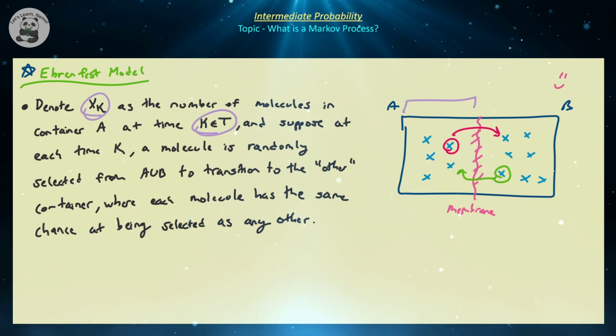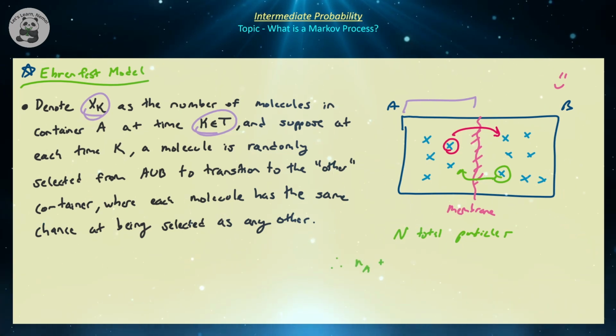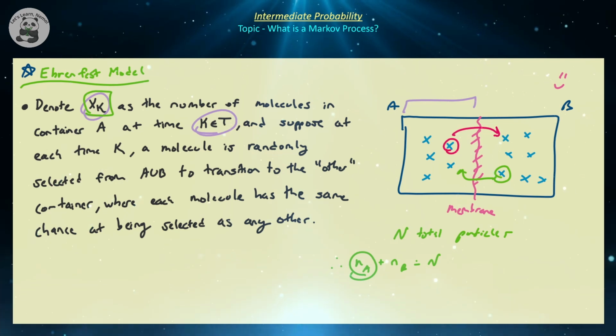Now keep in mind, it's not necessarily obvious how many particles are in the system to start, so we're going to be taking that as a fixed known value. Okay, so let's assume that there are M total particles. So the number in A plus the number in B will be equal to M. And since we're representing x_k to be equal to the number in A, that's going to be a random variable of interest. Obviously, you can focus on B if you really want, but it's technically equivalent.